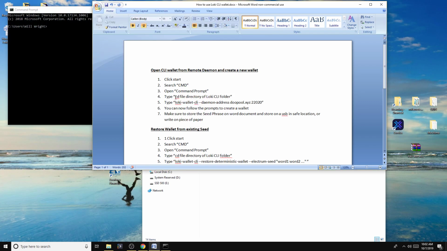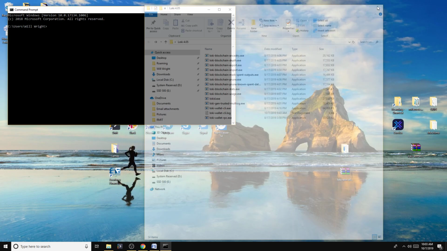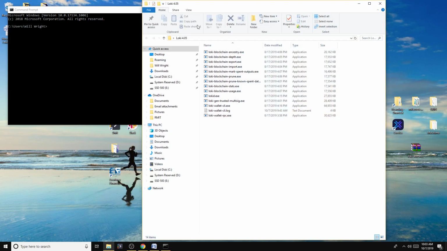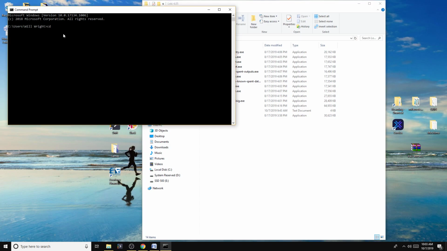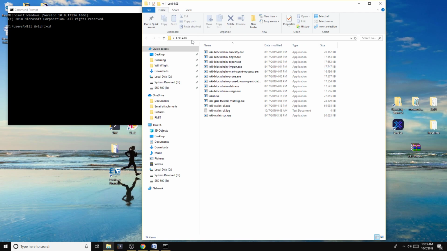The next line is type in CD. You can't copy paste this one. CD, and then the file directory of the Loki CLI folder. You're going to find that file directory by actually clicking on this folder, and then this is your file directory, okay? So the first step, type in CD, space, and then double click here, or single click, and you can